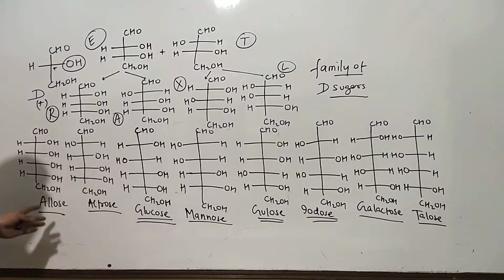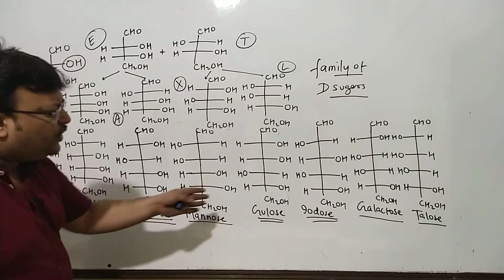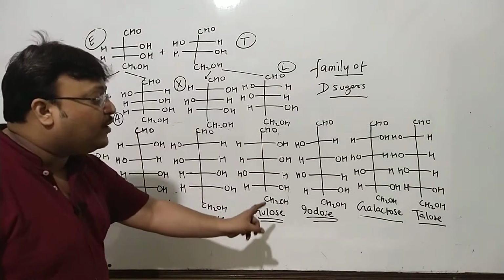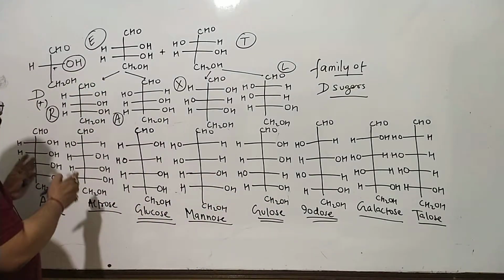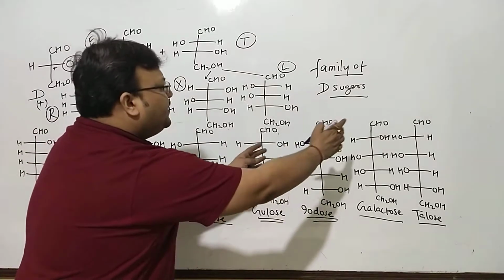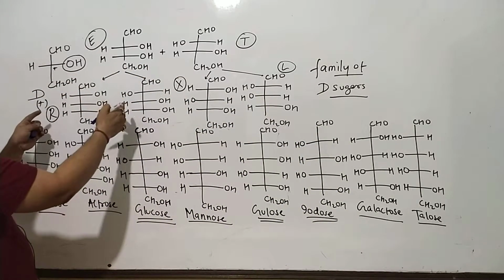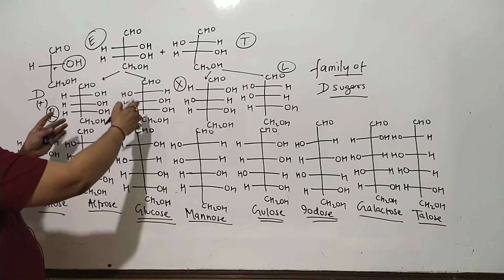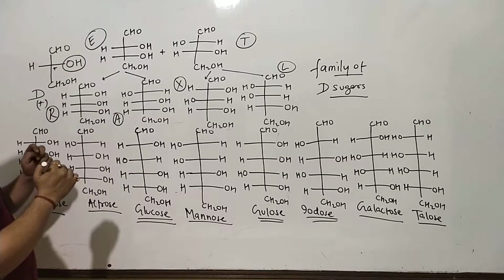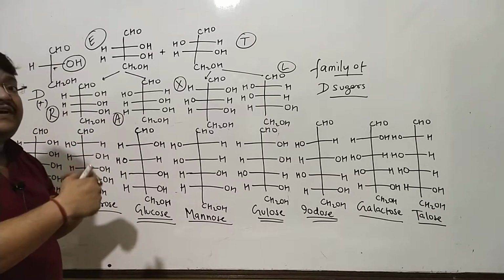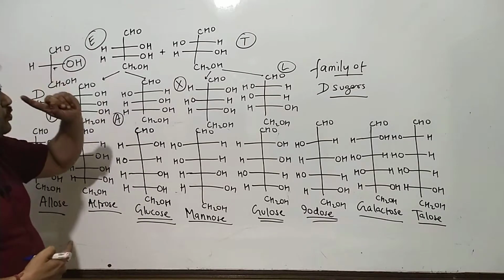When you take up the entire family of aldohexoses, 8 aldohexoses, allose, altrose, glucose, mannose, gulose, iodose, galactose, talose, you realize that these are pairs of C2 epimers coming from the same parent aldopentoses, like ribose, arabinose are C2 epimers coming from the same parent erythrose. 2 things, erythrose will always give you ribose, arabinose, and ribose, arabinose, if degraded, will go back to erythrose.